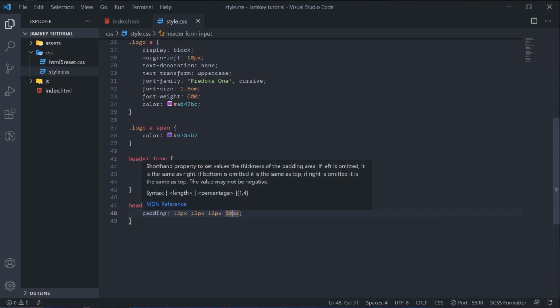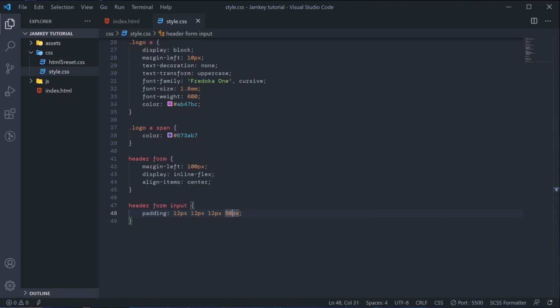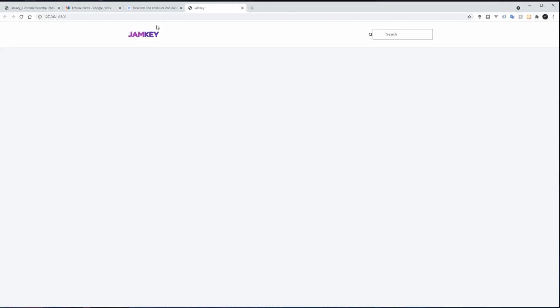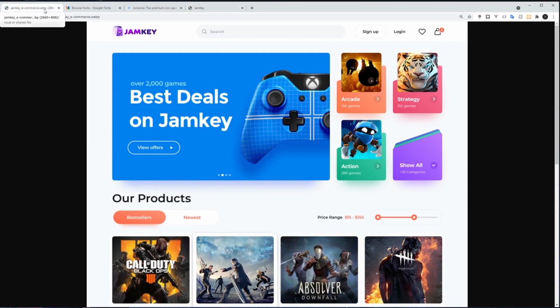Now the reason for this 50 pixel here is that we want this search bar to be somewhere here. So by the time we click now, you see the typing starts here. So this search icon could be inside this space here, because we don't want something like this.